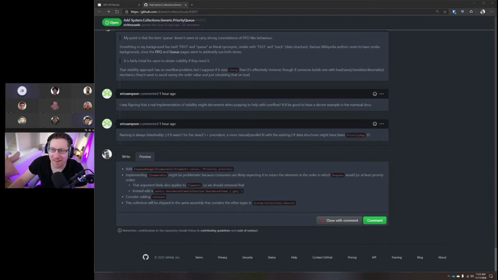I'd be surprised if the answer was anything other than no. KeyValuePair, that's not a type, it's a helper. Even the immutable collections ended up implementing most of them because we just implement them with read-only semantics.